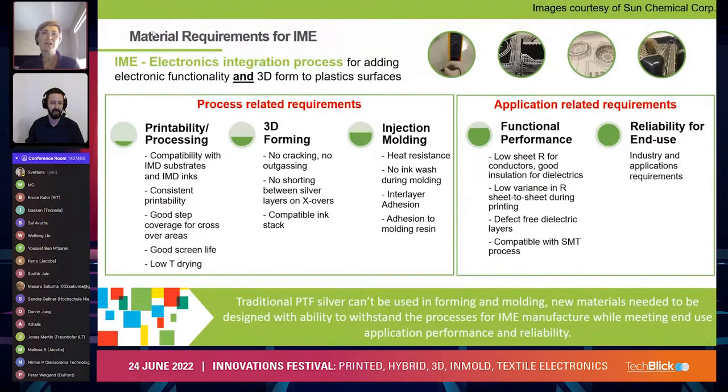So as you can imagine, in-mold electronics includes multiple process steps, and it comes from printing, label printing, which is typically screen printing. Then it goes to, say, SMT assembly. It goes to 3D forming, injection molding. So it's quite an interesting process. But then the materials need to meet not only performance related to process, such as